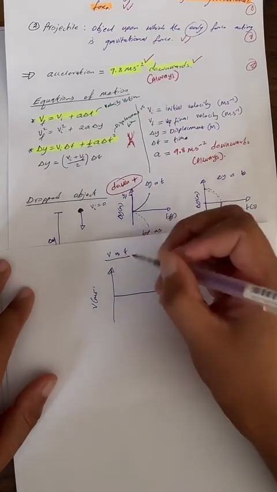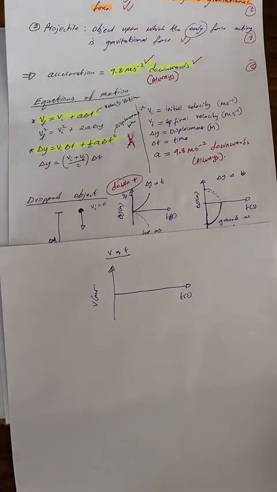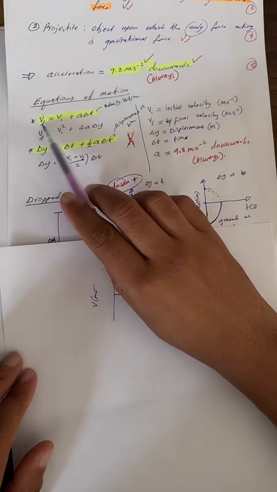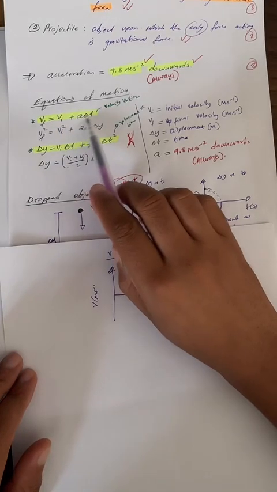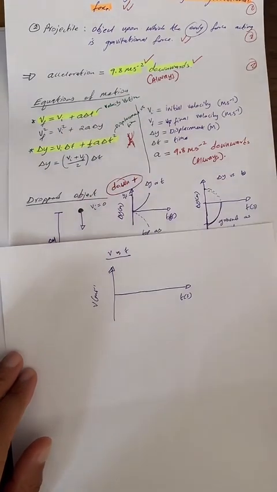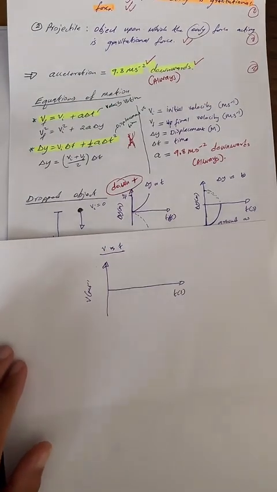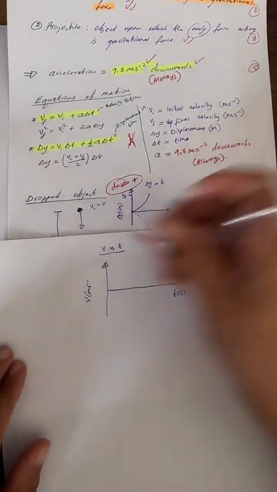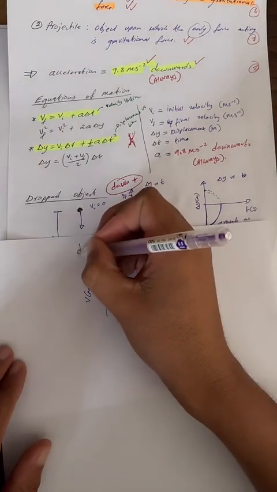For an object that is dropped, notice that the initial velocity of the object is 0, so this part is 0. You're just plotting the final velocity of the object against acceleration multiplied by time. So if you choose down positive, let's choose down positive,